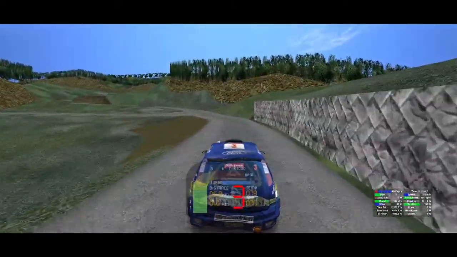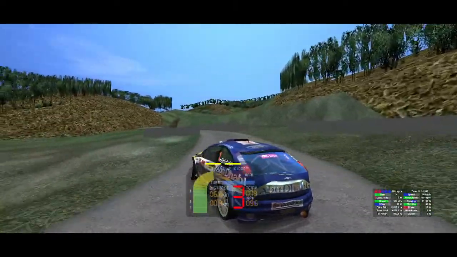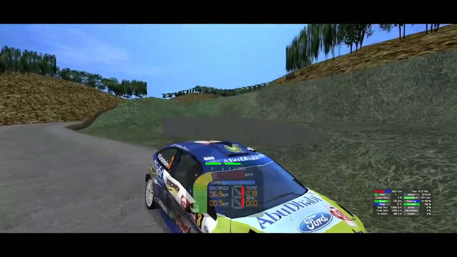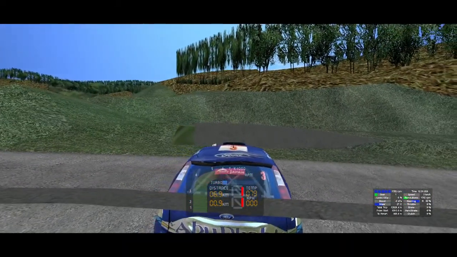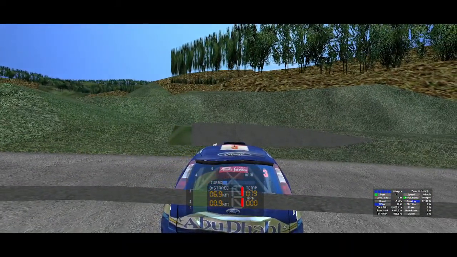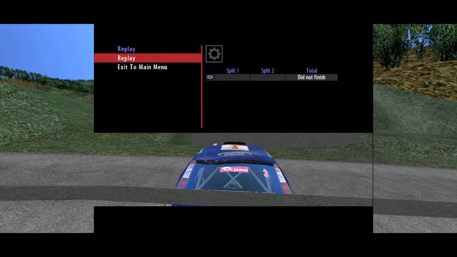It's already driving all the time with handbrake, and this is how the stream is going to an end. So everybody, Markus Gronholm lost the World Championship 2007 by hitting a wall, like in real life, and as the car is not going anywhere, the stream is also going to an end. So thank you very